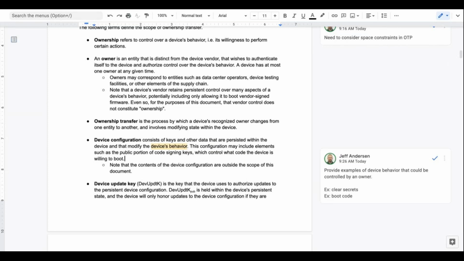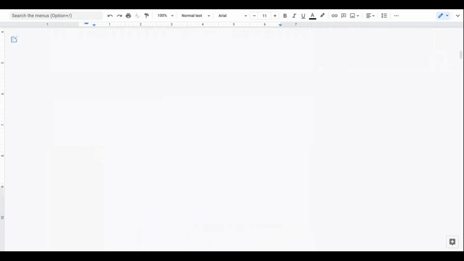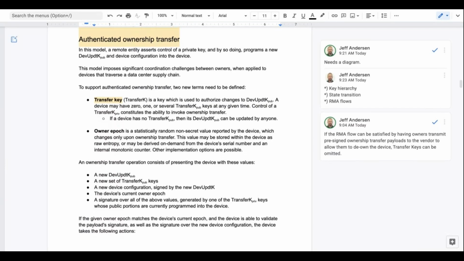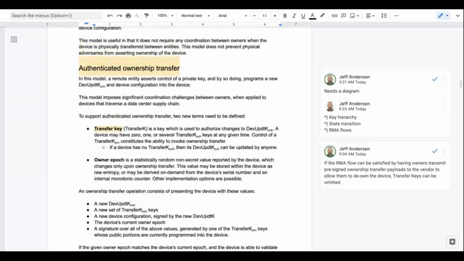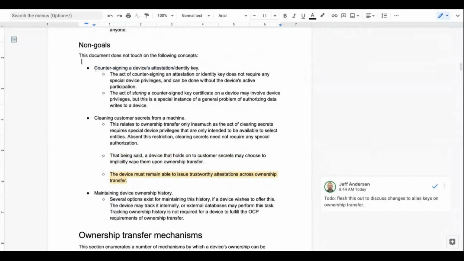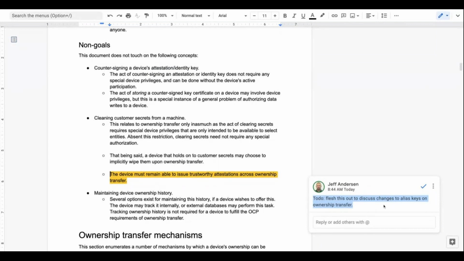So Jeff and Elaine, in the device, in the key hierarchy, I'm assuming the device ownership key and the PCA, all of that, all the key set that we have listed in the attestation, so they will also be kind of included. Let's see. They may. So I like to keep the attestation hierarchy very orthogonal, except this one note where alias keys may want to change on ownership transfer. So yes.